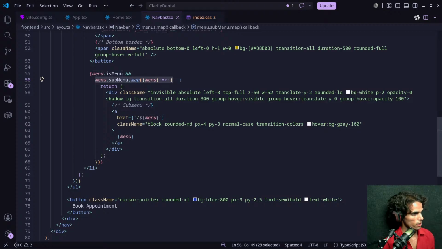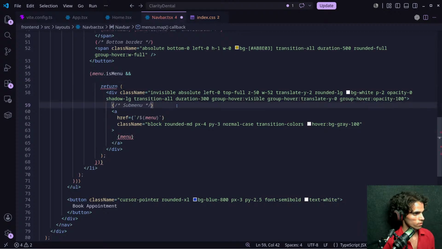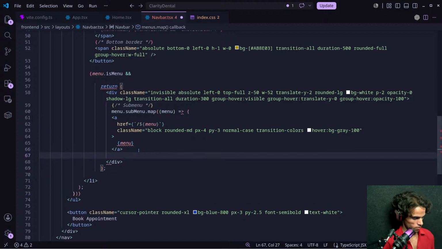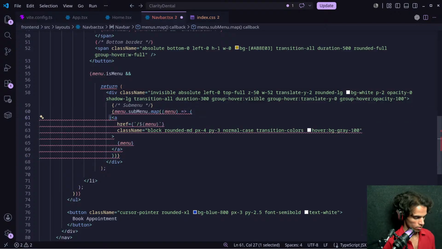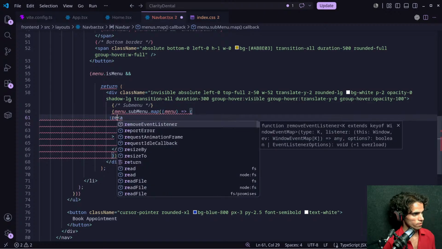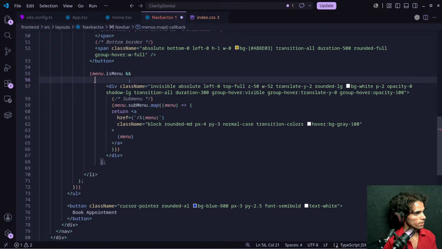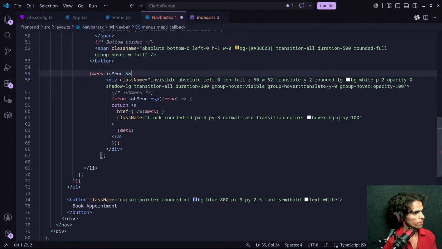Let's do Control X, paste it here, Control X, paste it here, and this is what I will return. And let's cut this. If menu is menu, then I'm going to show this, and now we will show the link like this.